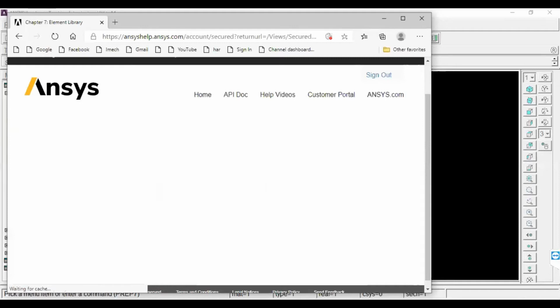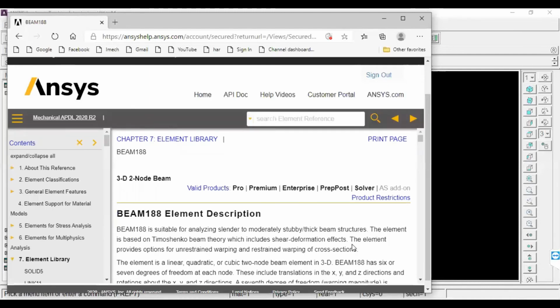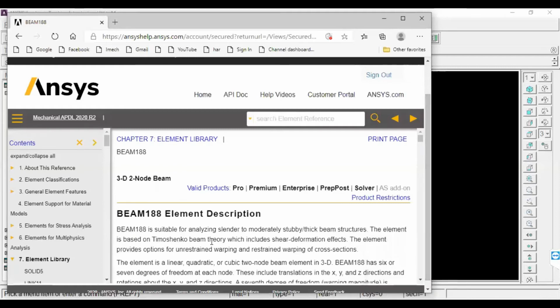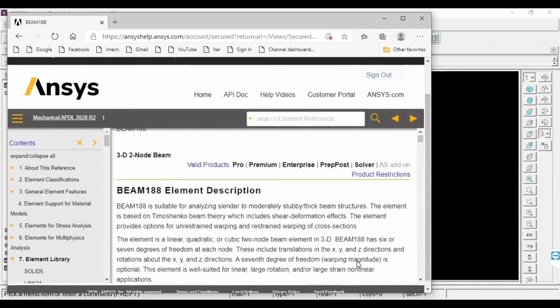Simply select that Beam 188. You can see it will give you the description about a Beam 188 element.